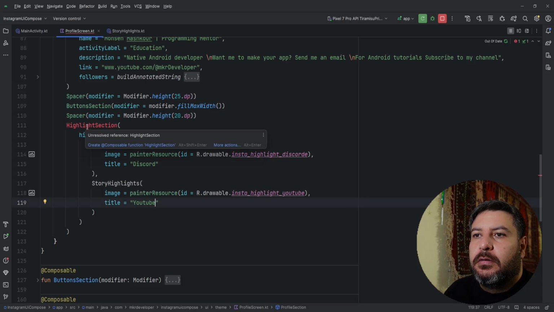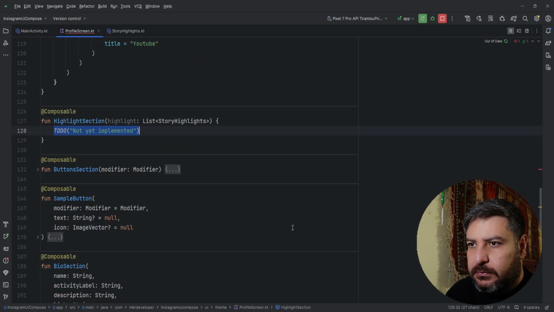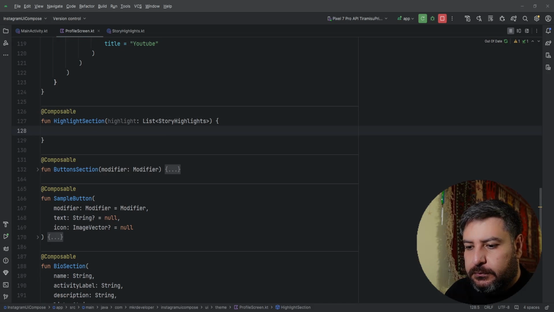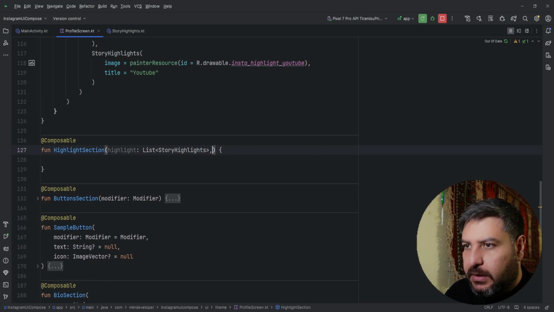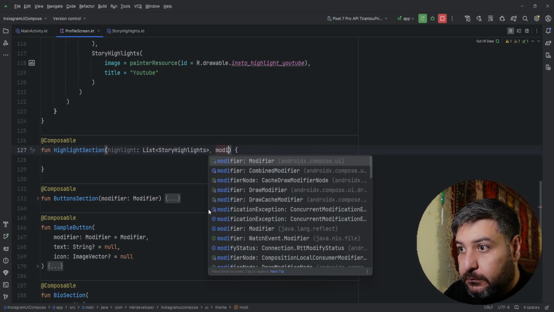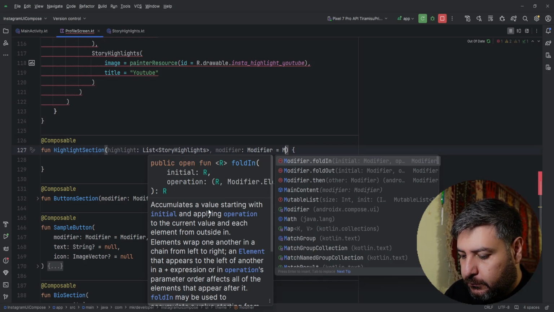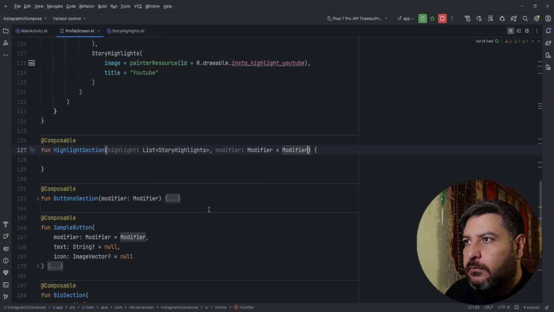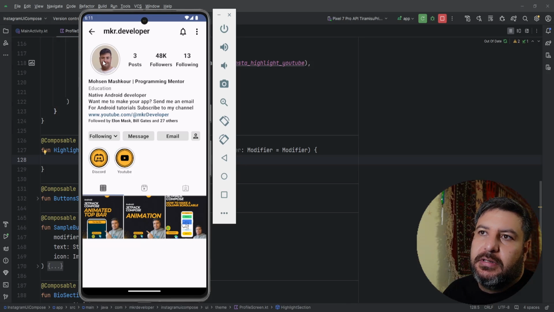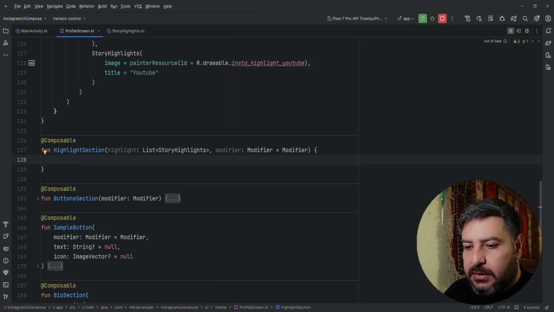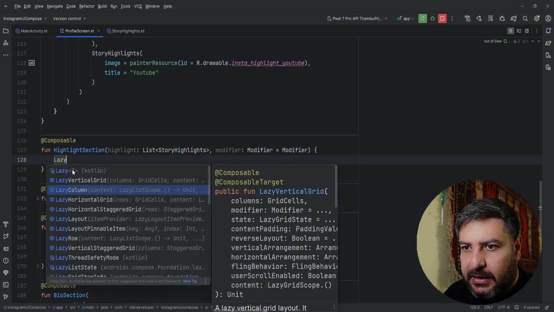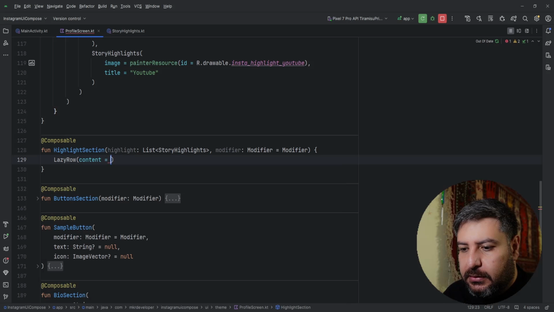YouTube. Creating the composable. We can have a modifier here as well. Okay. As I said at the beginning, I'm going to use this image builder composable here to send the image and the size to it and receive this design. So let's do it. We need just the lazy column, lazy row, sorry, and